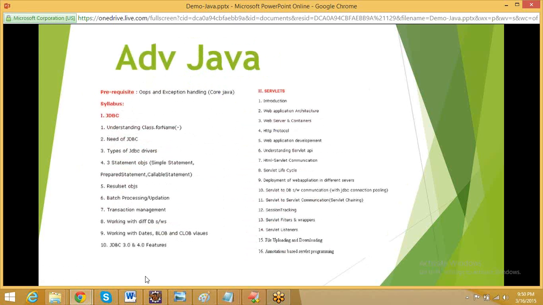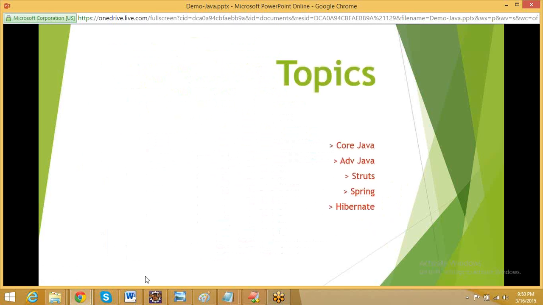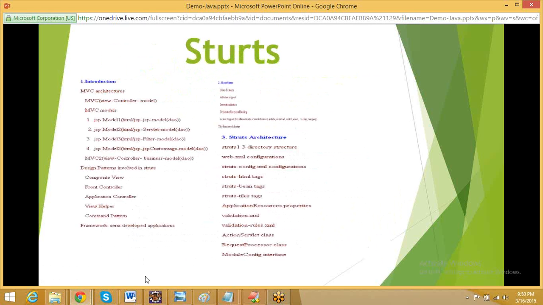We will talk about some stuff in databases, MySQL databases, and I will discuss some queries in this advanced Java. Then the next is the Struts framework. What is this Struts? Why was Struts introduced in Java? Other than Struts, what is there? Why did it come into the picture, and how does developing the application in Struts help the programmer?